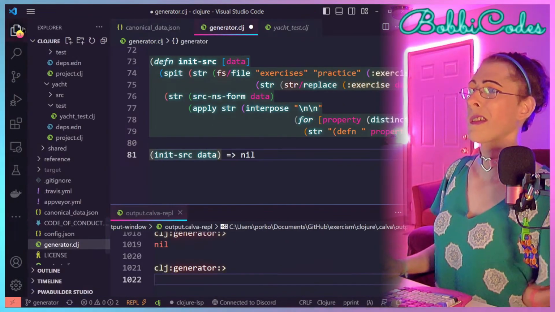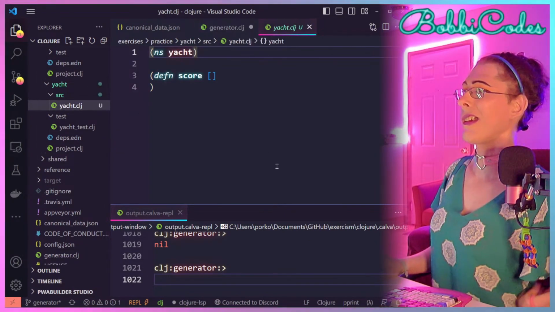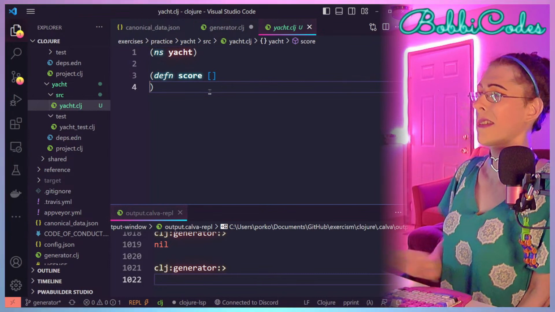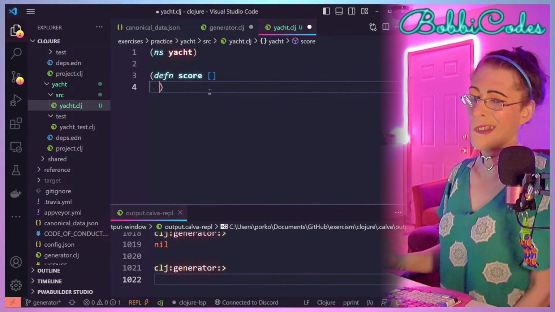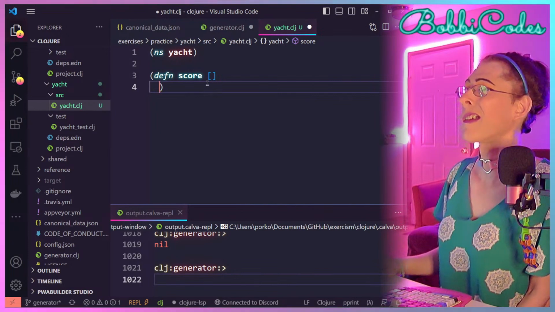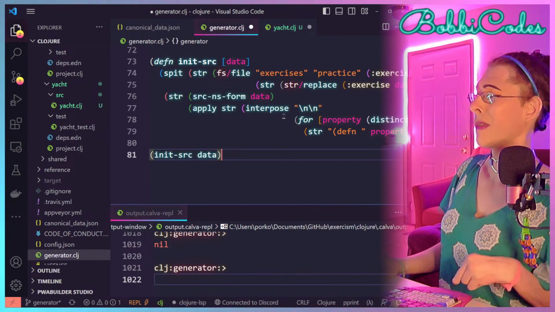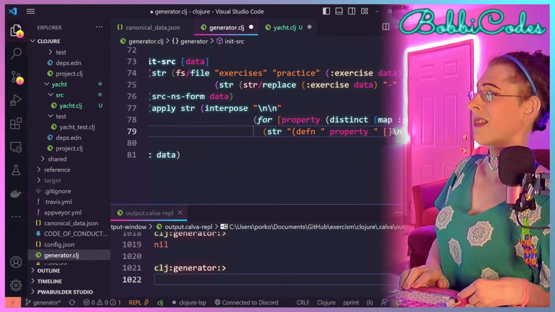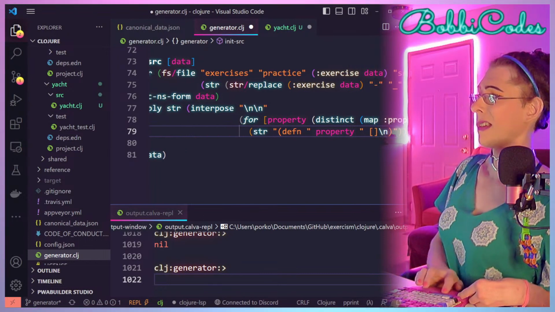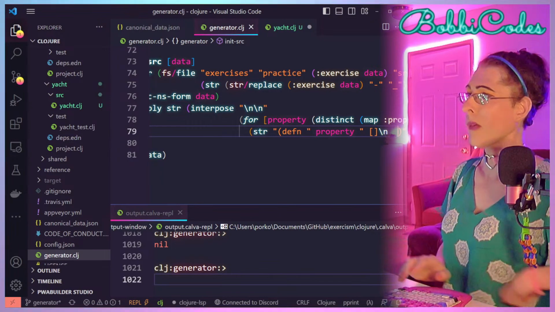Okay, that looks like that probably worked. And there it is. Yay! Oh, you know what? This should have a couple of spaces. It's not like a huge deal, but yeah, it actually does. So let's do that. So defn newline and put a couple of spaces there. Okay.